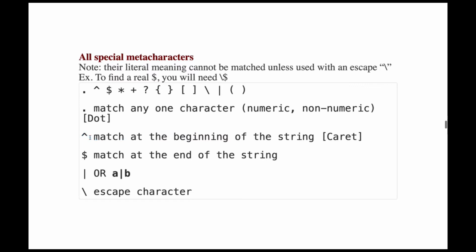The caret matches whatever we are looking for at the beginning of the string, while the $ sign will match it at the end of the string. We also have this pipe, which means or. If we have this condition, A or B, it will match A or B, but not both at the same time. And we have the escape character, in case we are actually looking for the $ sign in its real meaning, not as a meta character, we need to help it escape by placing this